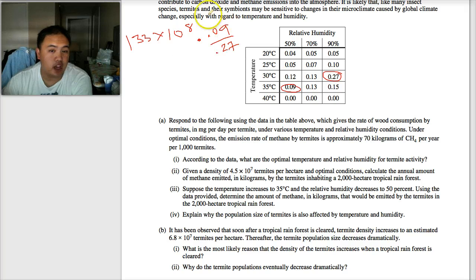And again, you don't have a calculator. I could box it like this. I could round this to 0.1 and 0.3 and try to figure it out as well. Just know, as long as you write the work down, you'll get partial credit.